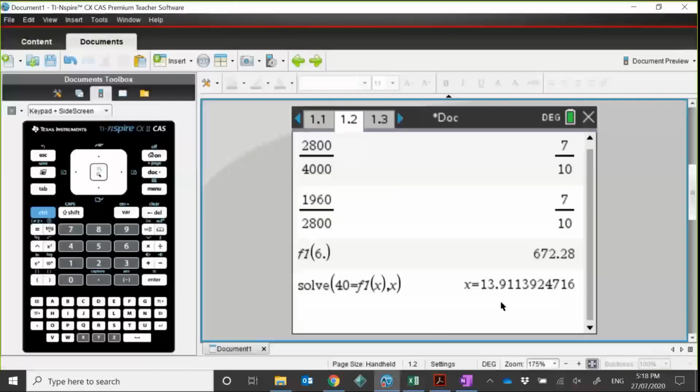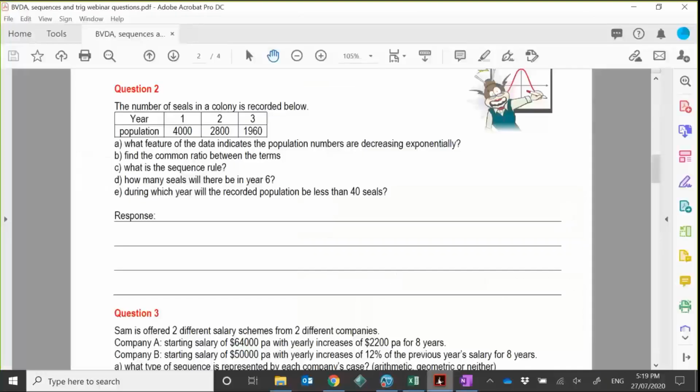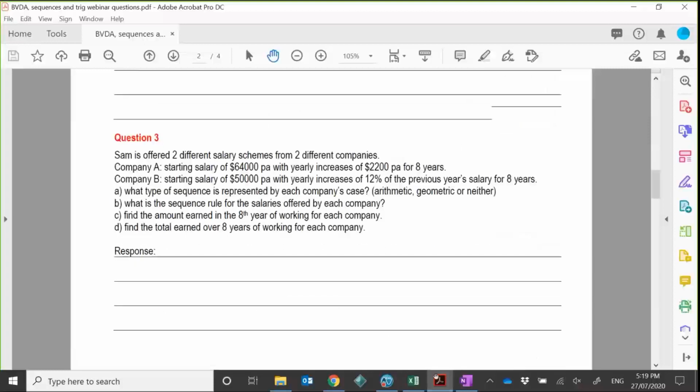That year will be the 13th year. So in the 13th year, the population will be less than 40 for the first time. You would not round that up to 14 years because it's saying in which year, so we want the 13th year. Okay, that's that one done. All right, question